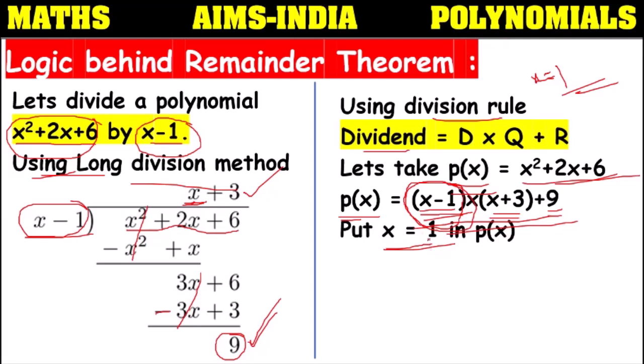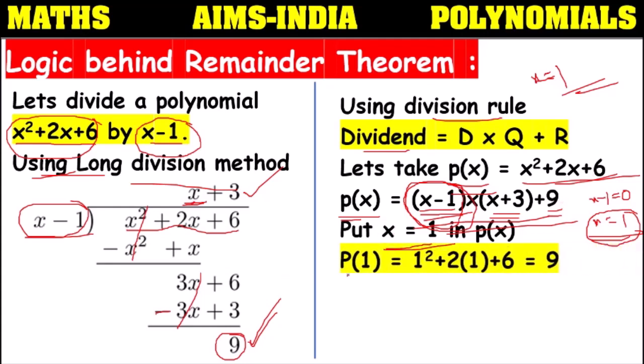So why do we have to keep 1 only? For the divisor, you can assume that divisor x minus 1 is equal to 0. Let's take x minus 1 equal to 0. The divisor value should be equal to 0. Then what is the value of x? Minus 1 will go to that side, it will become plus 1, so x equals 1. So if we take x equal to 1, then only the divisor will become 0. The product of divisor and quotient will become 0, and only the remainder will be the remaining value.